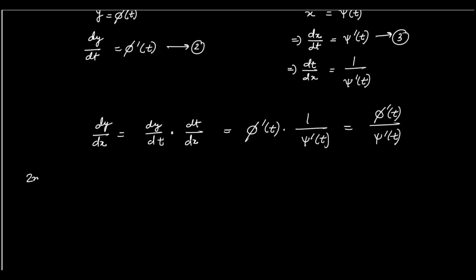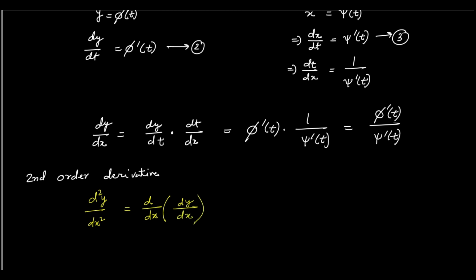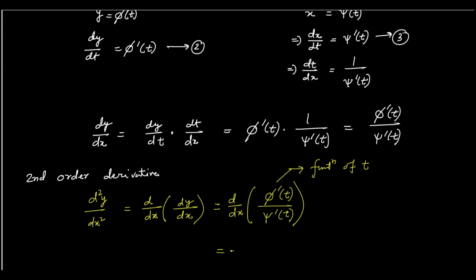Second order derivative. That means d2y dx squared, and we can represent it as d dx of dy dx, correct? Now let's see. So d dx over the function of phi dash of t by psi dash of t, and look closely, this fraction is a function of t. So we can write here d dt